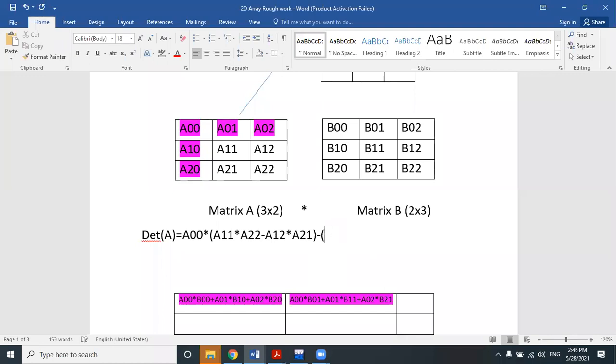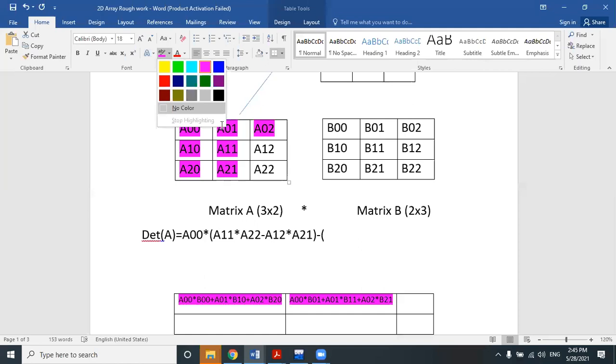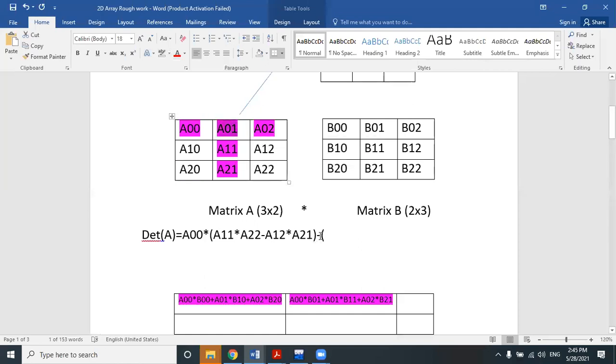So here we will go for the next term. For the next term, we will consider this element as a multiplier, and the corresponding row and column of this element should be ignored. So if we ignore the corresponding row and column of the multiplier A01, what elements are left?